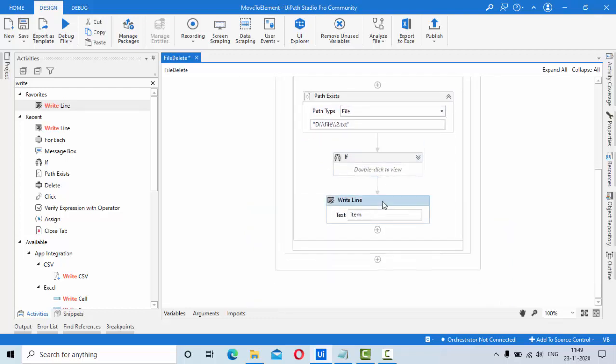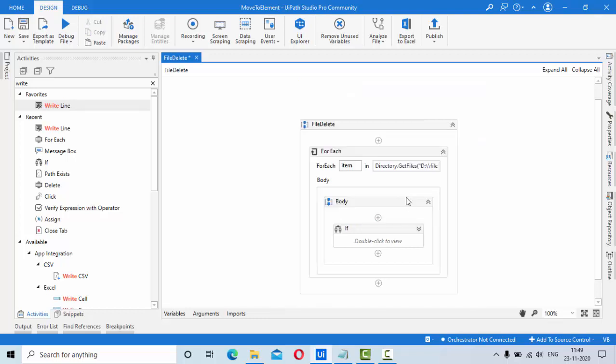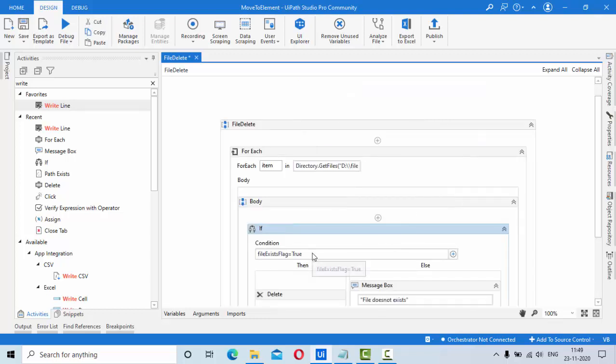So this entire code comes into if and else. Okay, if the file is this one, right? So if the file exists like this, I don't need this; instead I can use this one here. Item is equal to 2.txt.